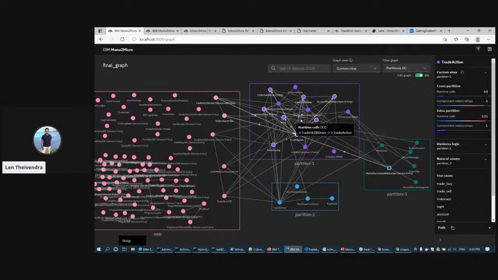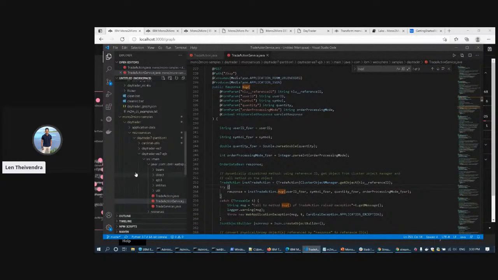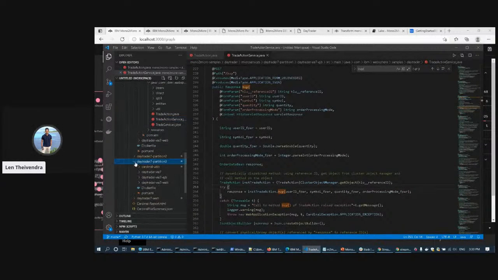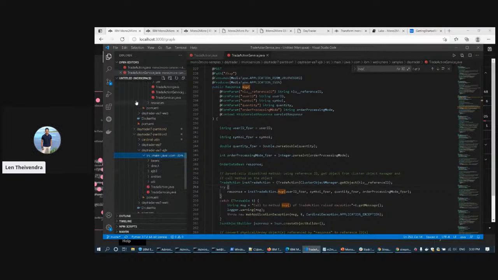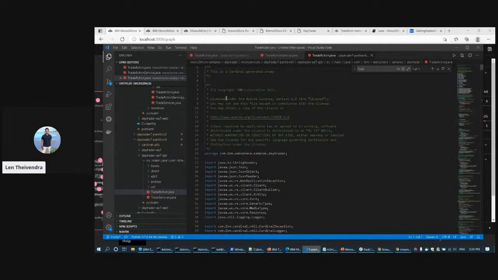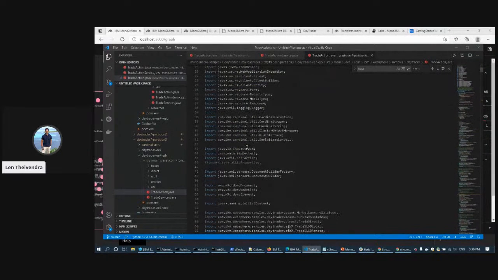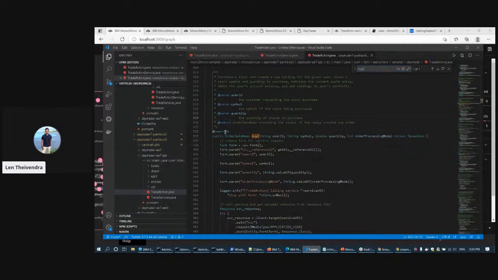So to go along with that, the other partitions still expect to be able to compile against and call into trade action. So what happens there? Let me go into one of the other partitions, partition 3, and I go to the same place where I expect to find trade action, because this again follows the same directory structure as the monolith source tree. If I load up trade action here, this is a completely generated class. There's no original monolith code here at all, and this has been generated by the Mono2Micro code gen tool. And if I go to the buy method there,